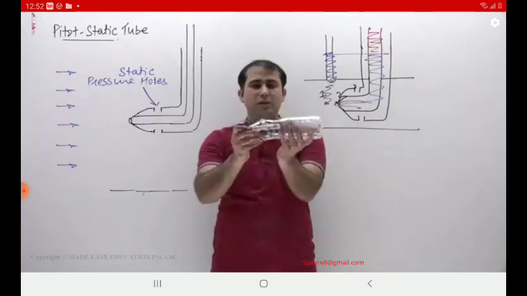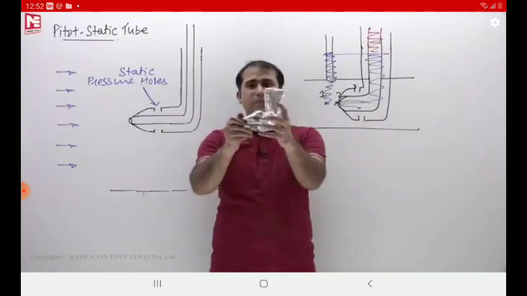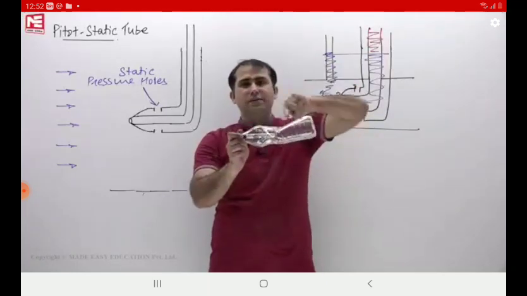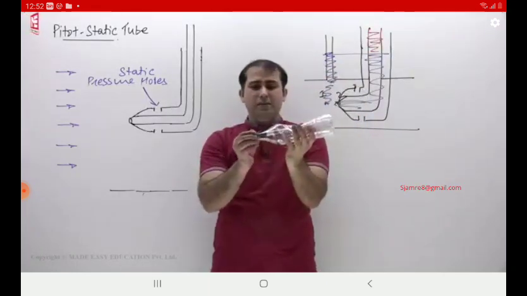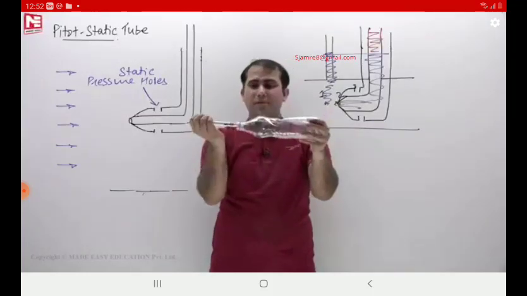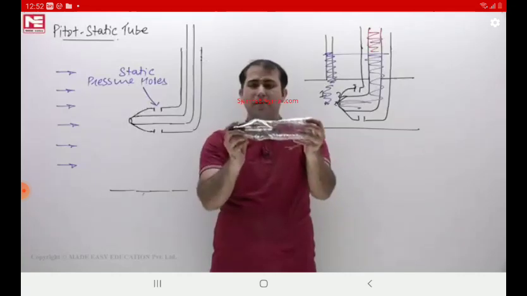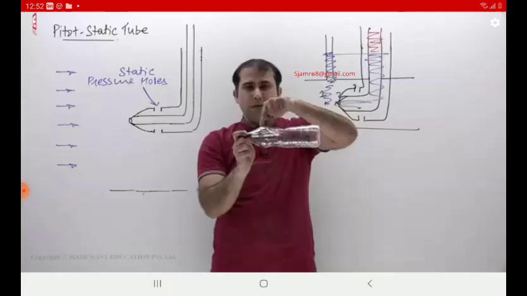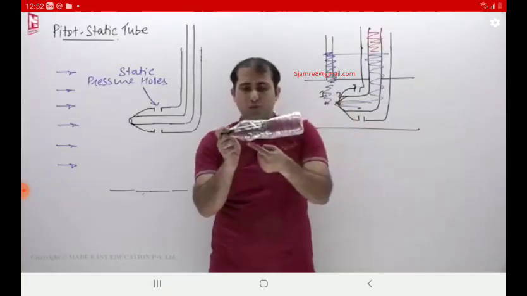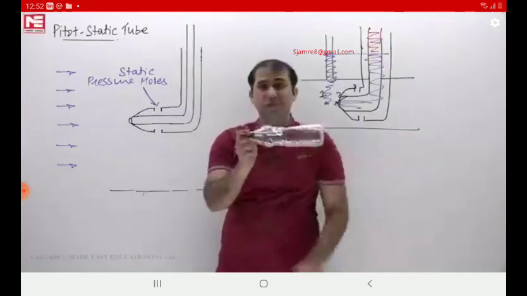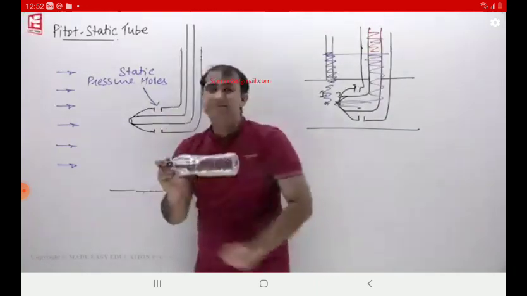So it is something like this. So it is like this. So this pitot tube is running and this is the turning. Then after that we have this covering, this covering. After that we have this covering. And my dear, these are the peripheral holes. 1, 2, 3, 4, like this 5. These are the peripheral holes.